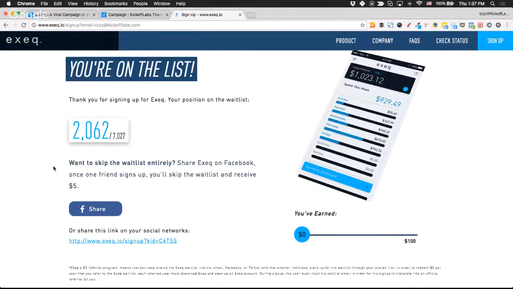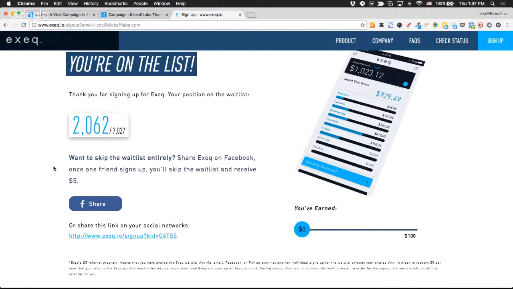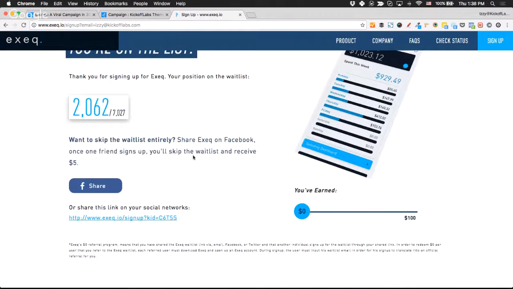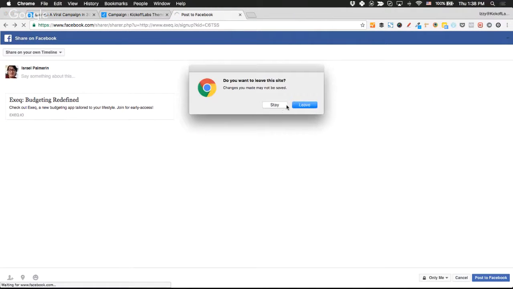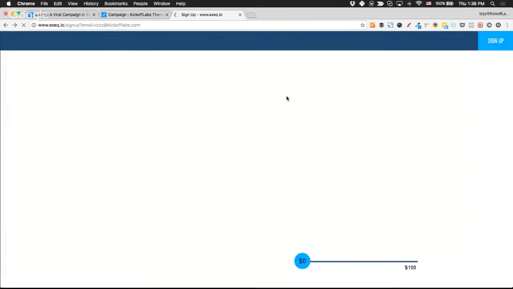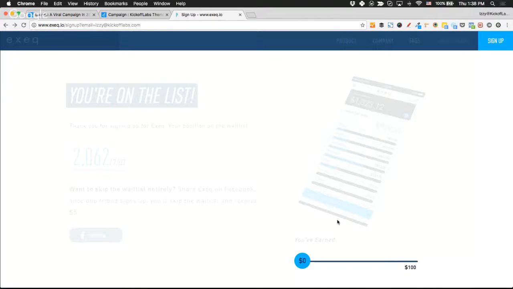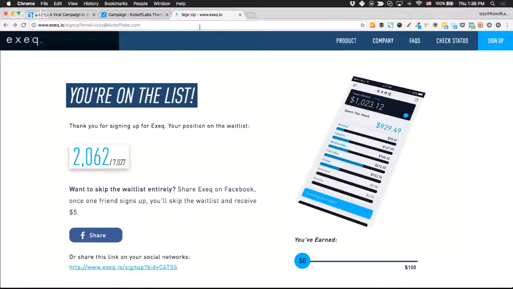Their campaign has been performing pretty well, and you can choose to share their campaign. Let's see what it looks like when I share. This is what it looks like because they have customized it. It looks like they might need to fix something on their campaign. But I just wanted to quickly show you that it's some really cool stuff.